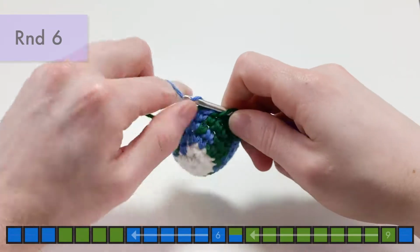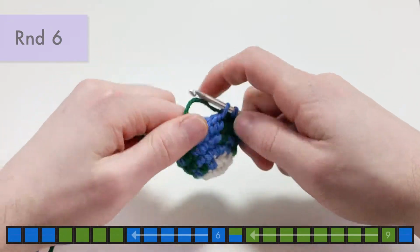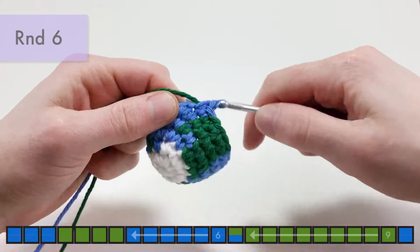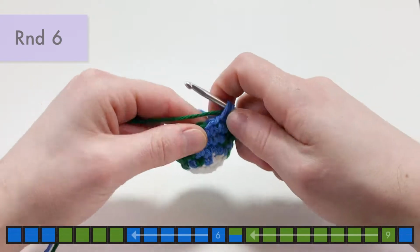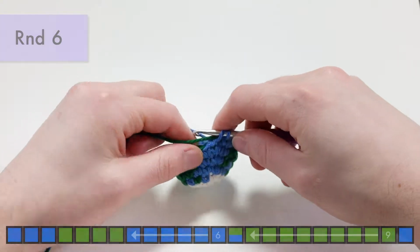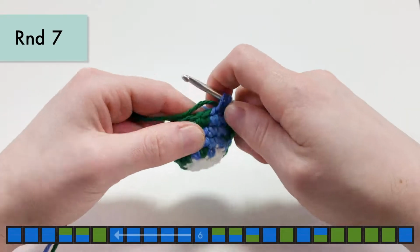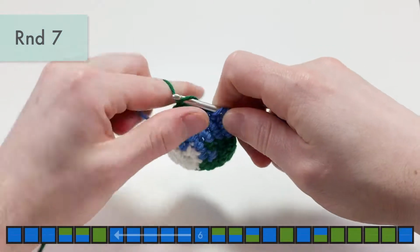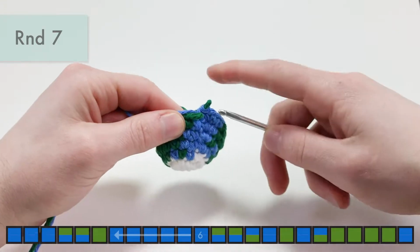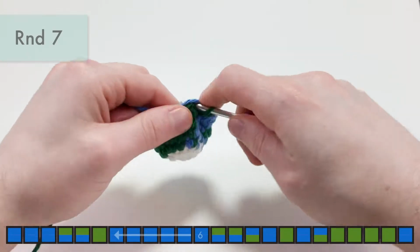And now we have 3 in all blue. 1, 2, and 3. Okay, so for round 7, it's going to start with an all blue stitch. And then we have 4 greens in a row. There's 1, 2,